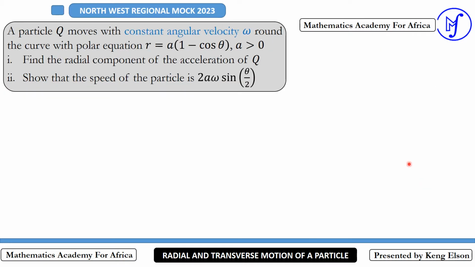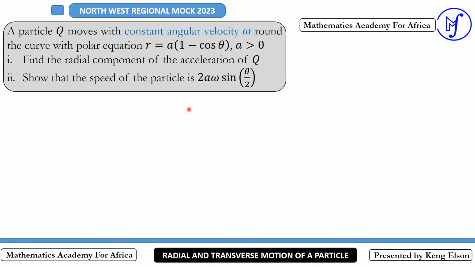Alright, so we move on to the next mock examination, which is the Northwest Regional Mock 2023. It was similar to the previous mock examination that we have solved, but the questions changed. So it was the same polar equation that was given, but the two questions under that question were different from